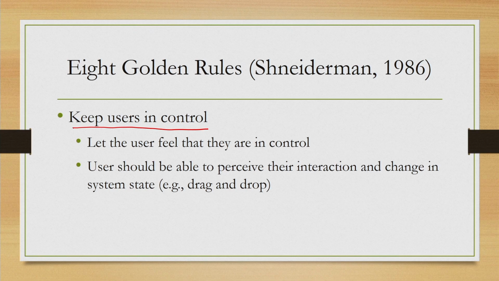In drag and drop type of activities, suppose you want to copy a file, you are selecting the file and dragging it to the destination folder and it gets copied. You get to perceive what is happening and you get a feel that you are actually copying the file, rather than relying on what the system is telling you. That type of perception helps in letting the user feel in control, which in turn helps in increasing the usability of the system.